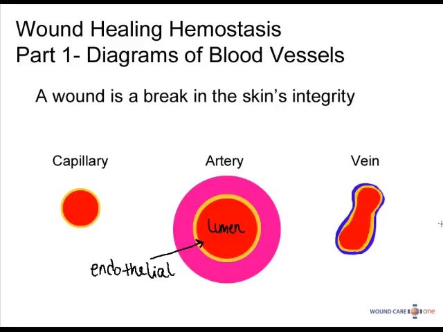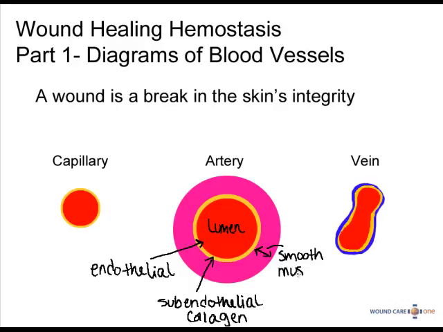These cells adhere to each other so that only the endothelial cell surface contacts the blood within the lumen of the blood vessels. These endothelial cells are supported by collagen below the endothelium called the subendothelial collagen. This is also a very thin layer. The outer structures of these blood vessels depend on the type of blood vessel it is. An artery, or arteriole, which is a small artery, has a well-organized muscular layer of smooth muscles. Capillaries do not, and veins or venules, which are small veins, have a muscular layer but it is less developed than